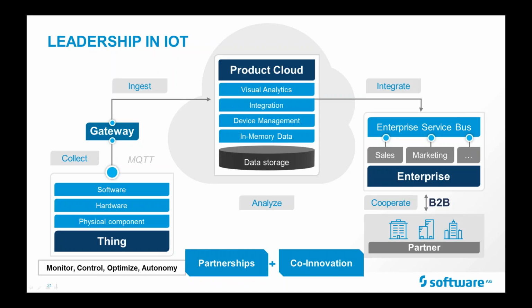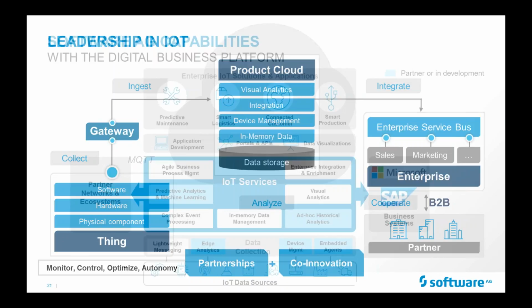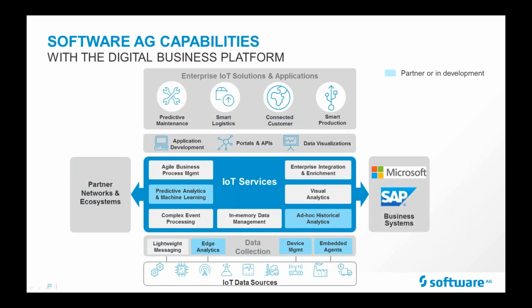And also on the co-innovation side, what we call co-innovation is actually partnering with our customers. There are leading edge customers across the globe. We are partnering to co-innovate with them to establish our leadership in IoT as well. So with that, we move on to the next slide, and the next slide is more of an architectural view